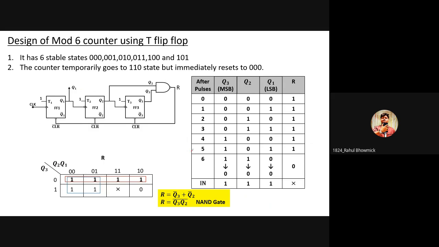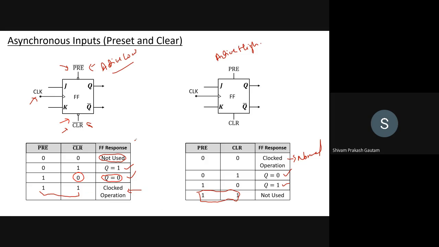So sir, instead of using the clear in active low, we can also use preset in active high. Preset in active high, you want output to be 0, right? No, the preset is used for setting the flip-flop, not for clearing. For clearing, you want the clear option. Yes, sir, I got it. Preset is used for making Q as 1, for setting. But we want output to be 0, so we have to use clear.